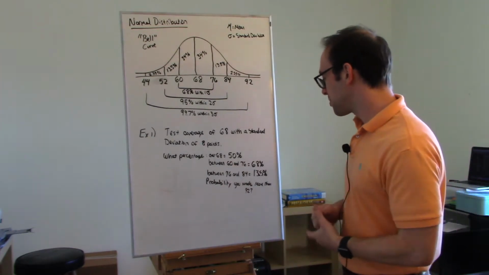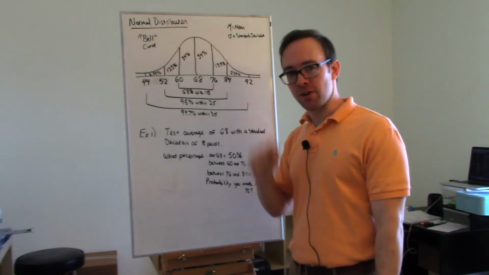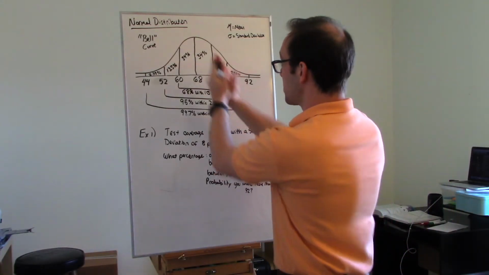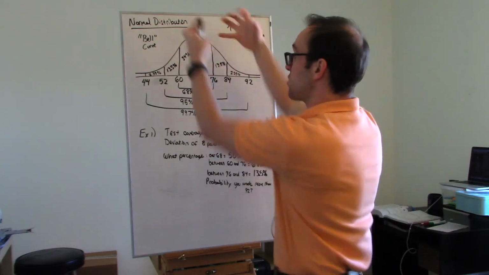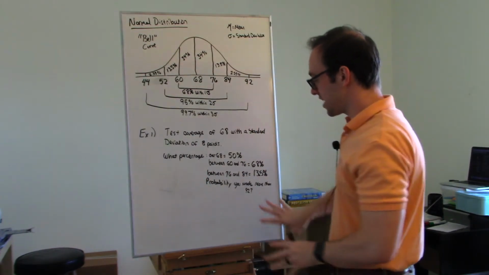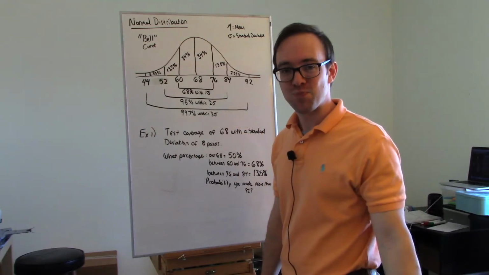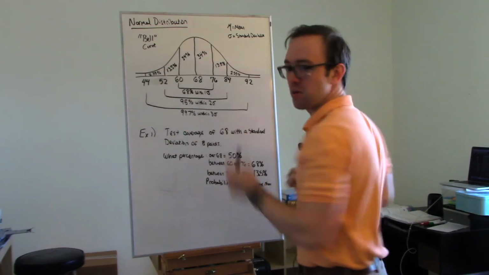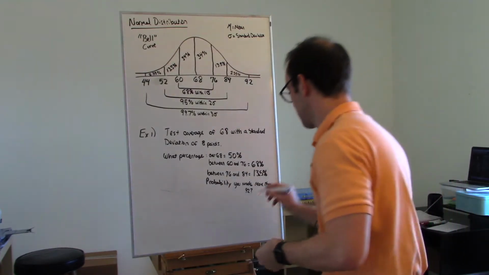And the last one, the probability that you made more than 92. 92 is way up here. So 92 is 3 standard deviations above the mean. If you look at 3 standard deviations above and below, that's 99.7%. If you take that out, you're left with 0.3%. 0.3% is not our answer. The reason is because that is included on both sides. 0.3 is the chunk above and the chunk below. We have to take half of that, half of 0.3,